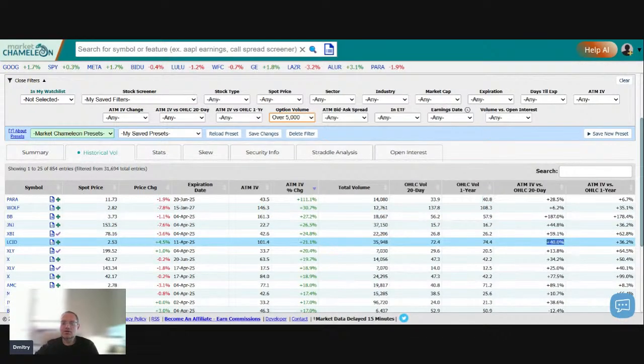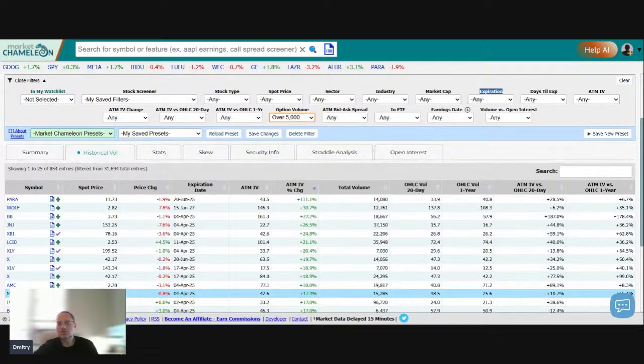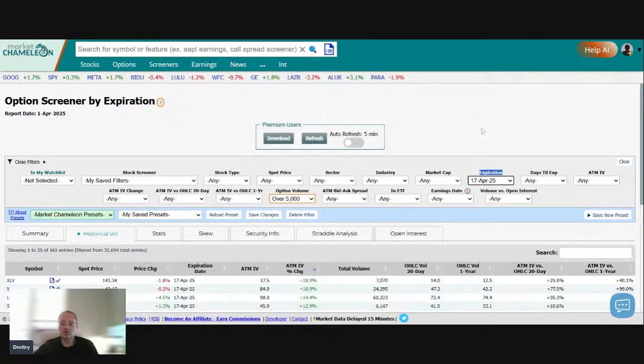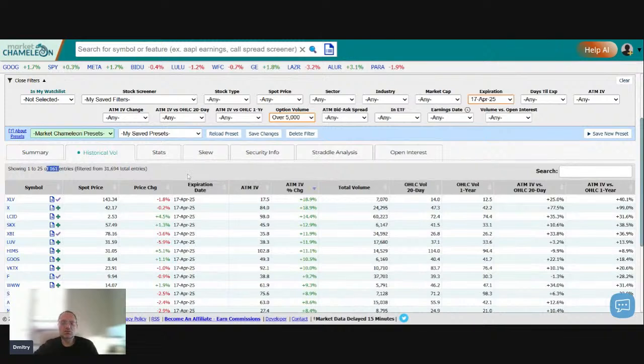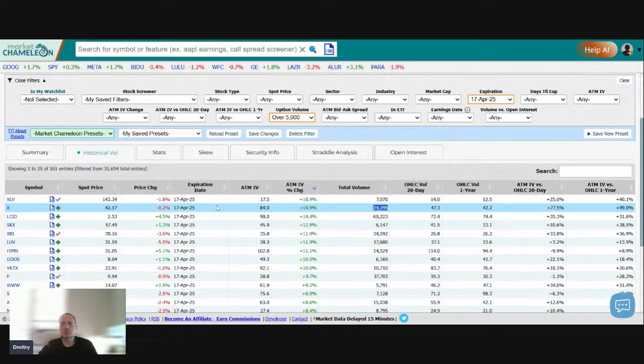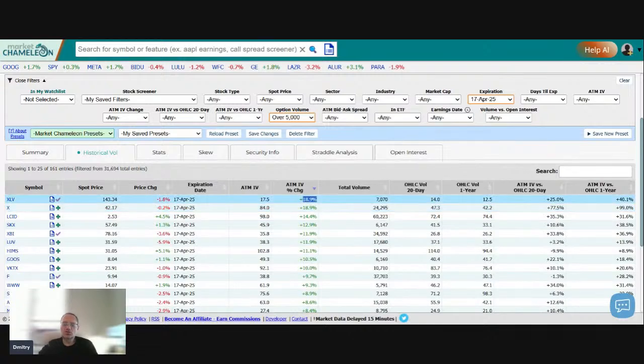So let's look at a situation where maybe we're looking at a specific expiration. Okay, because we have lots of different ones here, so let's take a look at a specific expiration. So we go over here by expiration. We have all these selections, and let's say we are looking at April 16th. Okay, click that. Nope, nothing on April 16th. Let me see, April 17th. Okay, April 17th. So April 17th, we have 161 expirations that meet the condition that the volume has to be over 5,000 contracts in that expiration. So you could see here XLV, XLC, and here we could see that